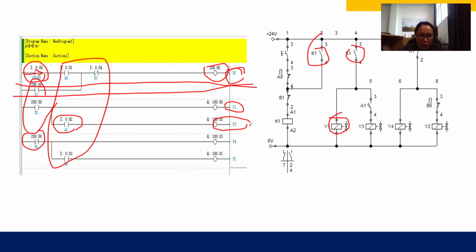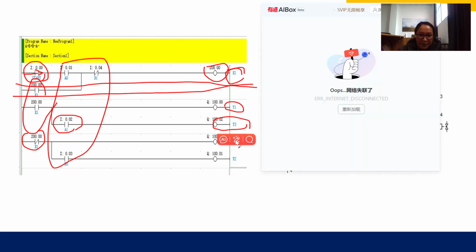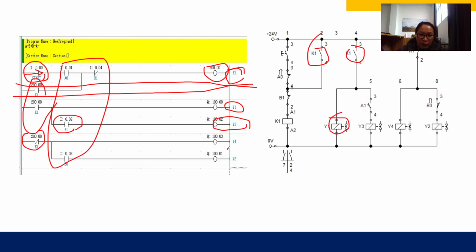Then Y3 will work. After that, Y4 will work. And following that, B0 will get power. Y2 will work. The program on PLC is similar to the electric control.